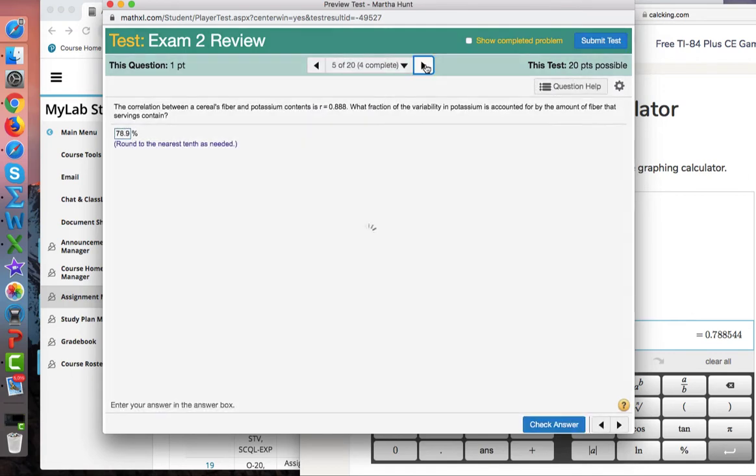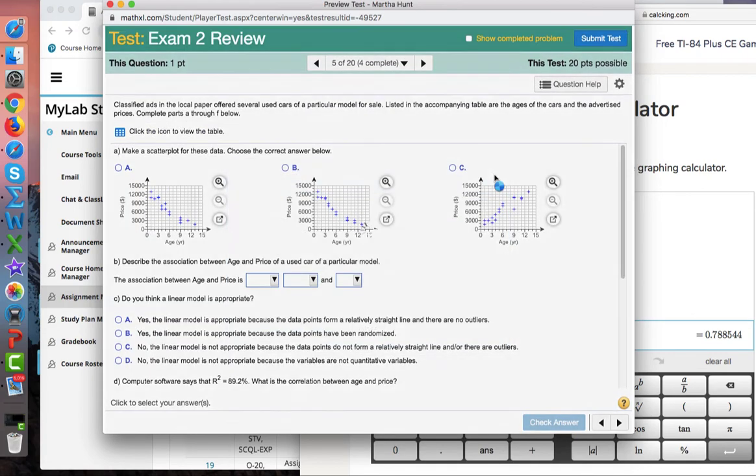Good. We'll be using StatCrunch for this to get the scatter plot. We're looking at a local newspaper, and they're looking at the age of cars as a predictor for the advertised price. So it would seem as if when the car gets older, the price would go down. So I'm leaning towards scatter plots A and B,